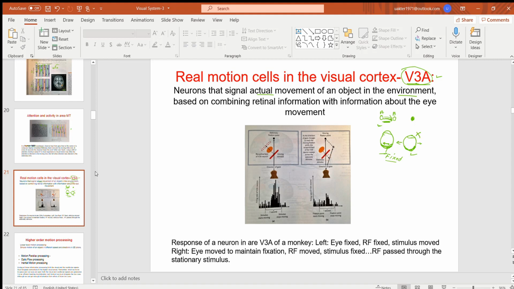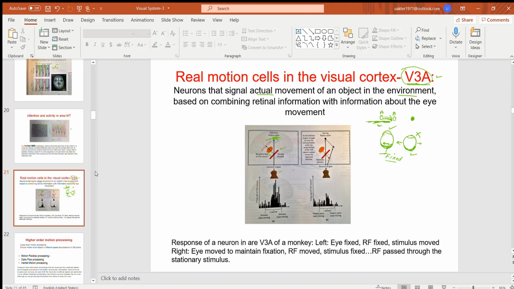So here now you will understand, this is the monkey sitting, head is fixed. Okay, so the monkey was asked to fixate eyes here. This is the fixation point. The monkey will not move the eye, must maintain the fixation. So eyes are fixed, not moving. Now on the computer screen or real object, whatever you do, the object is moving from this position to this position, similar to the situation I mentioned. So the object is moving from here to here,